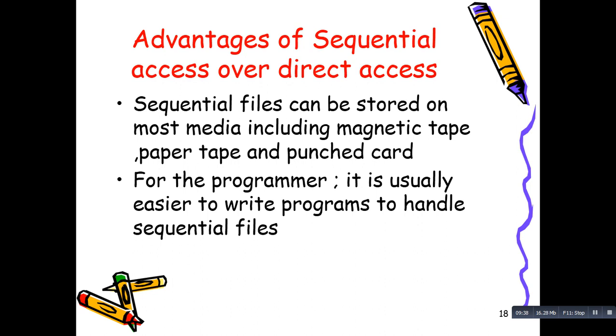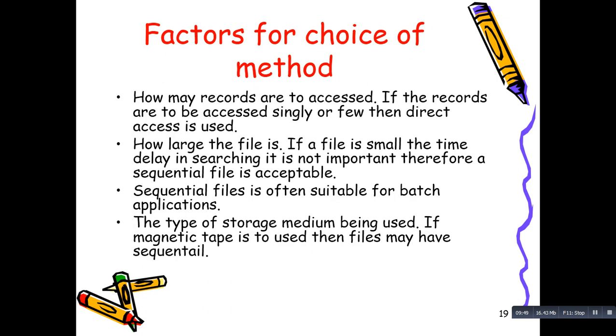Factors for choosing a method. How many records are accessed? If the records are to be accessed singly or a few at a time, then direct access is used. How large is the file? If a file is small, the time delay in searching is not important, therefore a sequential file is acceptable. Sequential files are often suitable for batch applications. Then, the storage medium being used: if magnetic tape is used, then the file may have a sequential